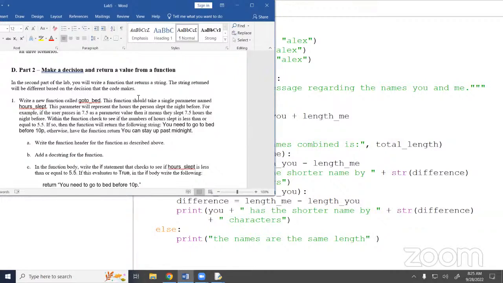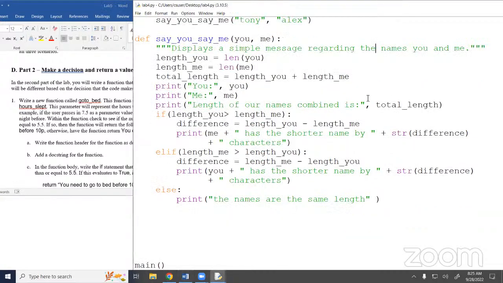Never in my life has that worked, but we're going to give it a shot. So we're going to write the function header and go from there. So we're going to have a function that we're going to define as go to bed. Don't forget to tab yourself back out to the edge of the screen, because if you leave it tabbed in, then your function is inside of a function. That makes sense? It needed a parameter called hours slept. Inside of here,